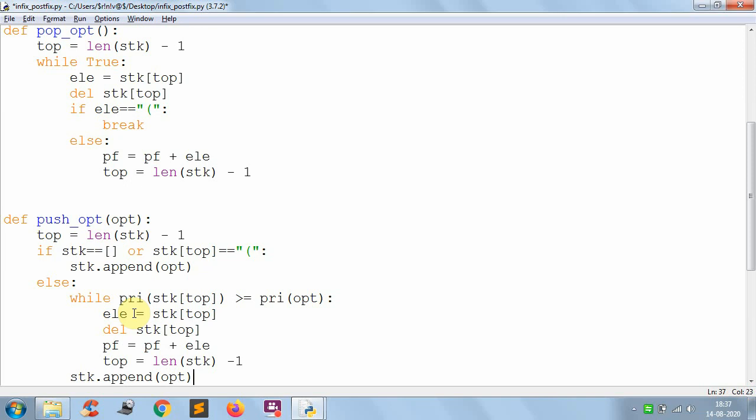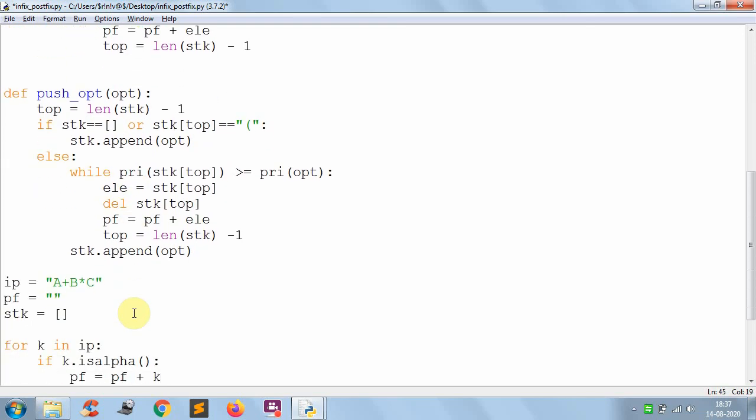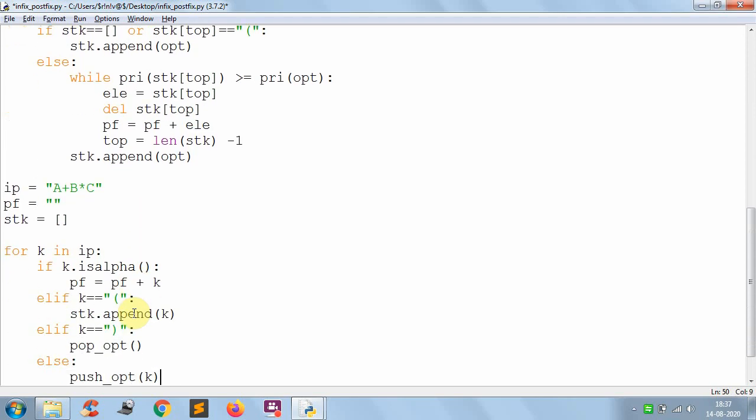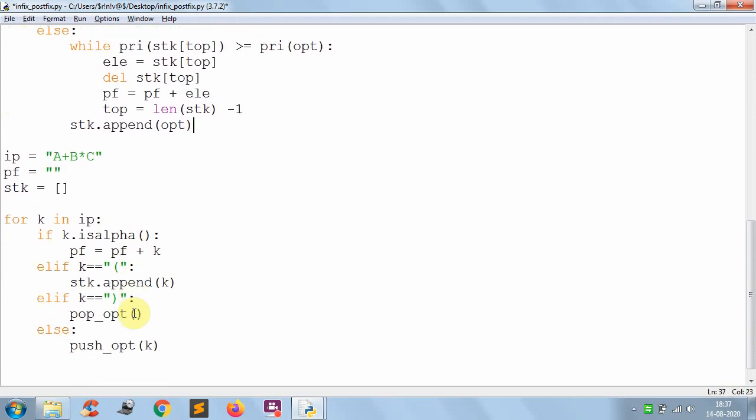So whatever the input operator is, add that operator to the stack. So that's it. Like this you have to do continuously. At some point of time the whole input will be finished. Here this is the input I am scanning from left to right, one token at a time. Like this I have to scan all the inputs.